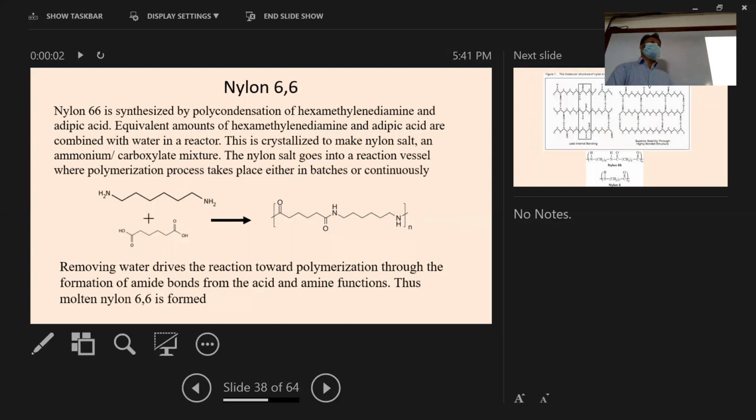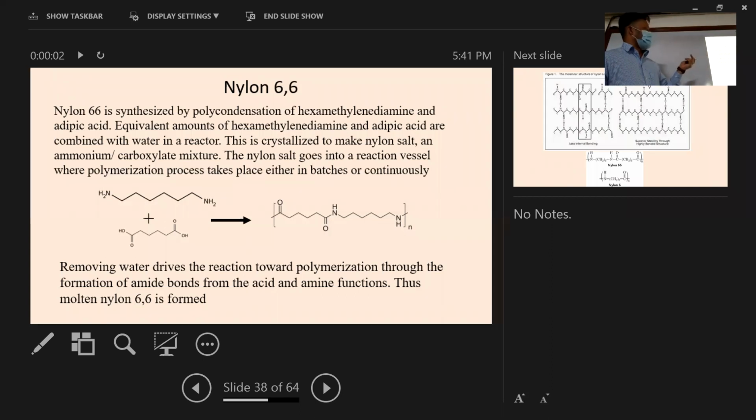In the last class, we mentioned that condensation means removal of mainly water or any other molecule from two different components. Maybe we can remove hydrogen chloride or any other components also, but just removing some parts of the molecules. Okay. Nylon 6,6 is synthesized by polycondensation of hexamethylene